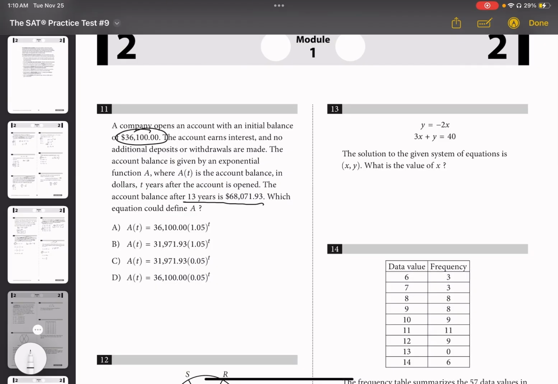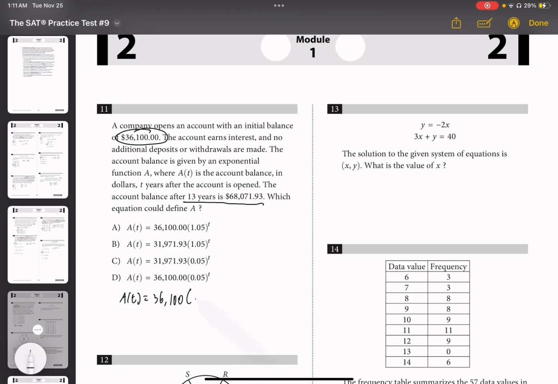Which equation could define A? Okay, so if after 13 years we have that value of $68,071.93, we know that, first of all, A of t is equal to